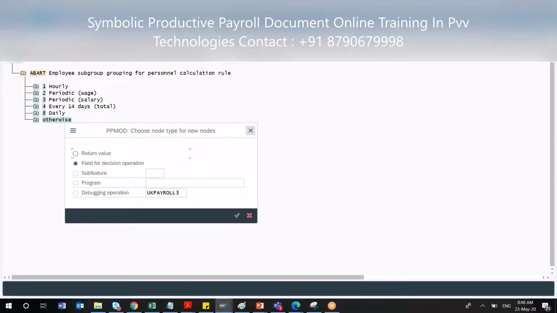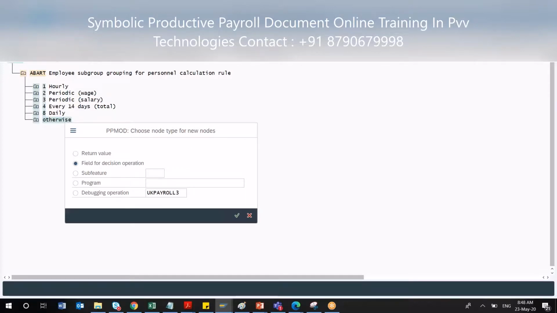You are a payroll consultant. You know the characteristics of your wage types, whether that is a positive wage type or a negative wage type, and whether there is any restriction for that wage type to a particular group and all. That you better know. That you have to discuss with them. Okay, so then they will be disclosing what things they have configured in their GL, what the typical features are. Accordingly you have to have a discussion with those people.